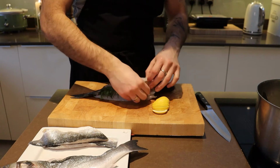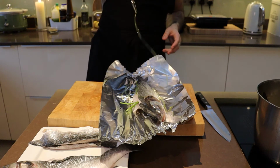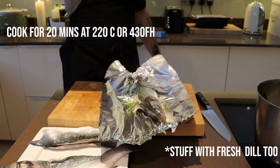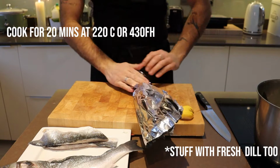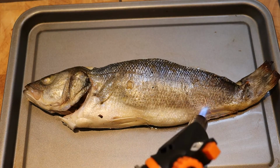Anyway, the purpose of this is to stuff the fish, so that's exactly what we're going to do. Keeping it simple by seasoning the inside with salt, adding lemons, and then drizzling with olive oil. Wrap it up in some foil and go scrub your hands for 20 minutes to remove the smell of fish